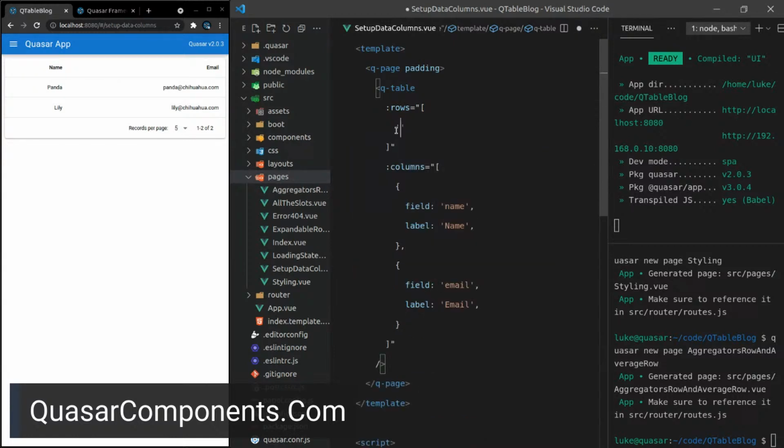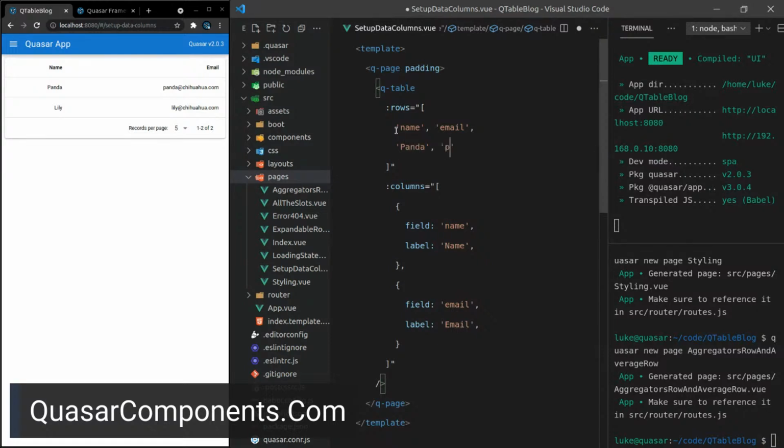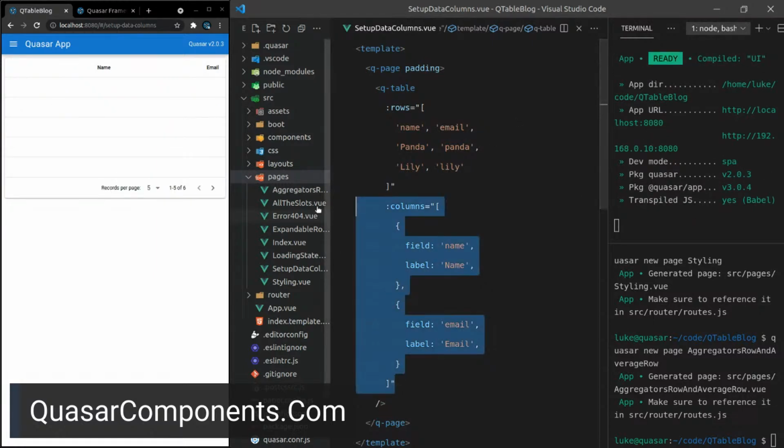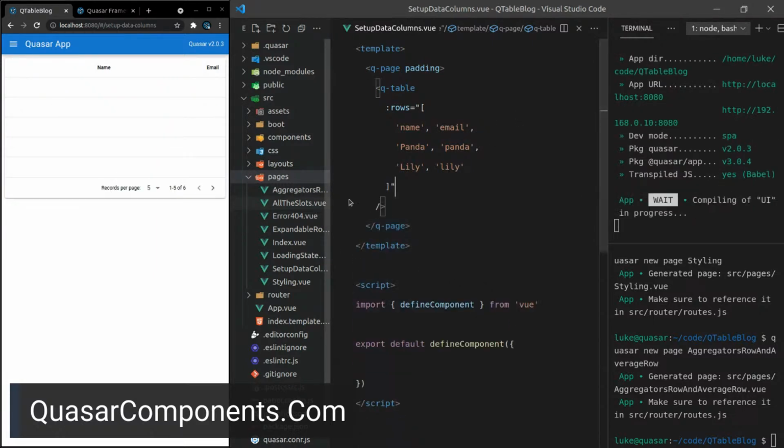And I might even try that old example again. So let's say, for example, here, name, email, and then we'll say panda. And I just want to get an example going. So let's just do this to begin with. And we'll say Lily there, save it. And I want to get rid of the columns. Cut that so that I can use it again.